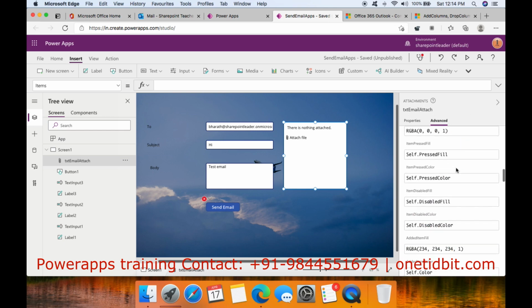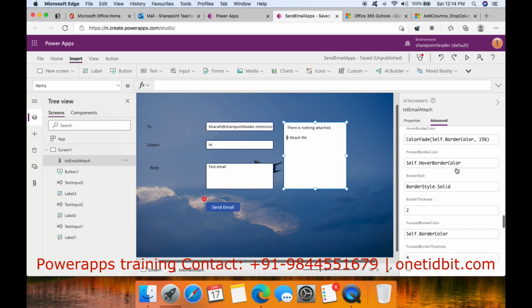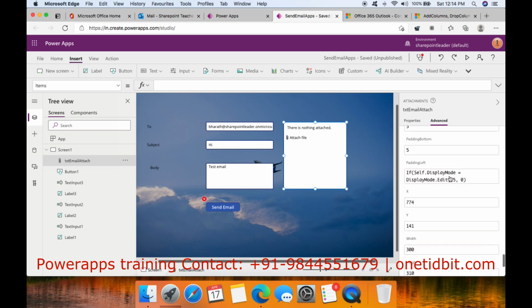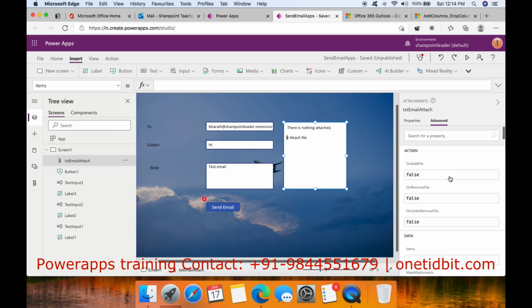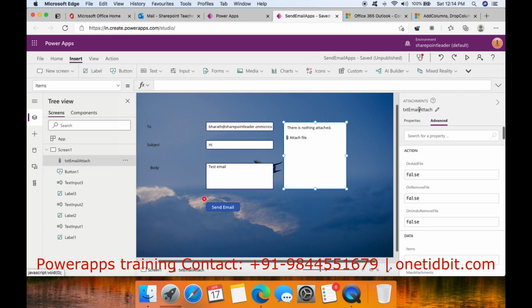If anything is there below data card value or something, I need to check the previous name. Is any previous name available in the properties? If nothing is there, it will work well. In the properties also nothing is there, so txt_email_attach.